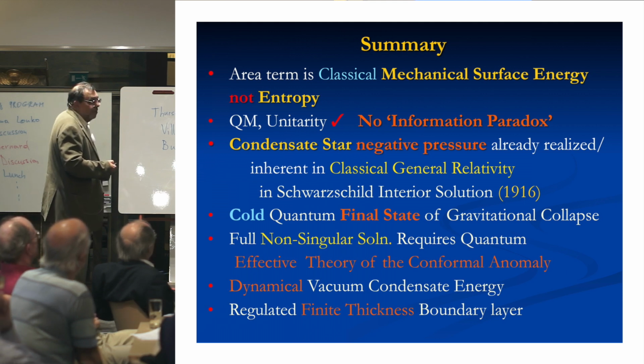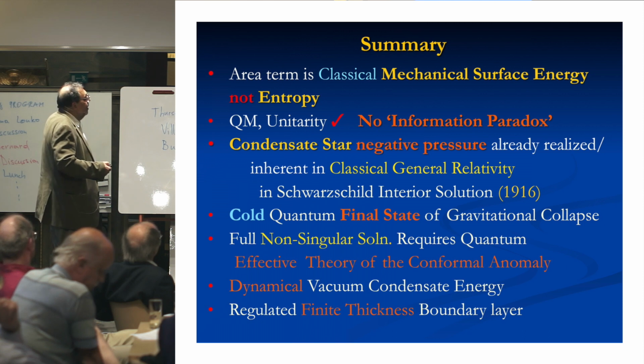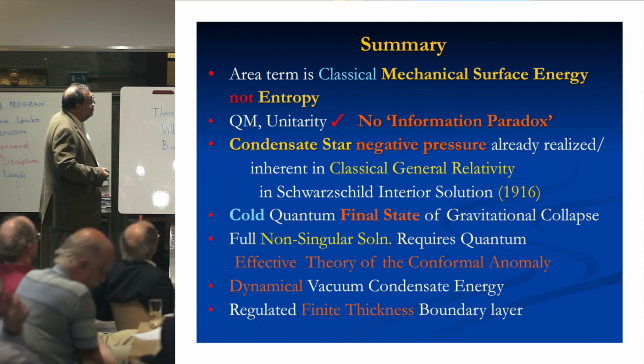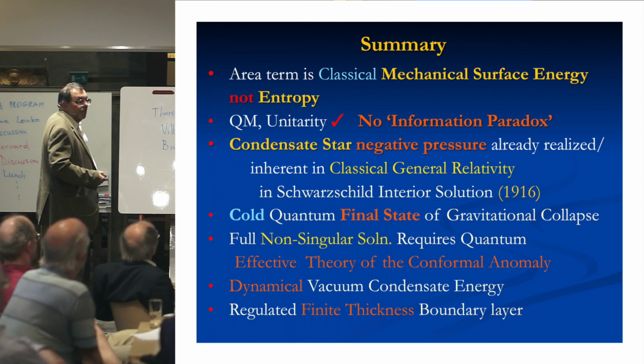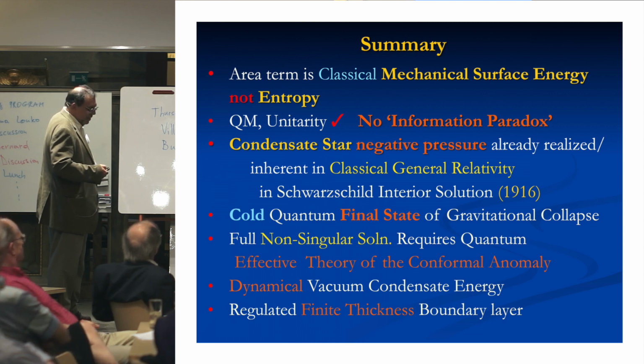And of course, there's no problem with unitarity or quantum mechanics, and the information paradox just, poof, gone away, okay? And this is already there in the Schwarzschild solution, and so our suggestion is nothing else but that this could be the cold quantum final state of gravitational collapse, consistent with quantum theory and general principles,